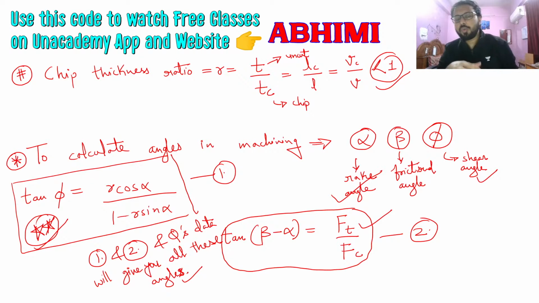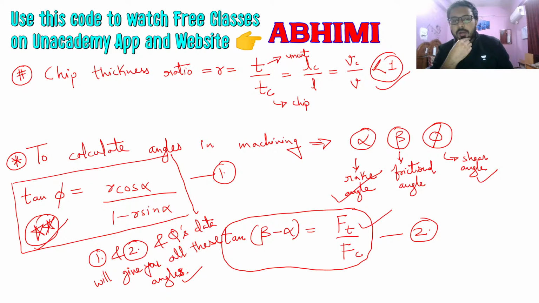So if you are able to calculate the angle from this equation, then use these equations only, this geometrical thing only. And if you are not able to calculate the angle from this equation, if the data here is not sufficient, if for example there is no way of calculating r, that is the chip thickness ratio, then you can use Merchant's theory if it is recommended in the question, or if it is given that you have to find for the minimum energy